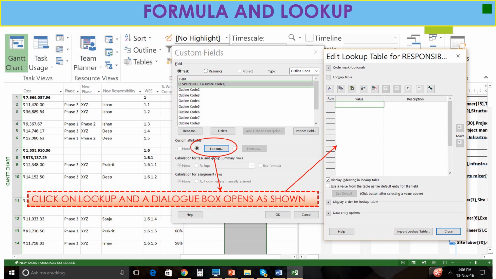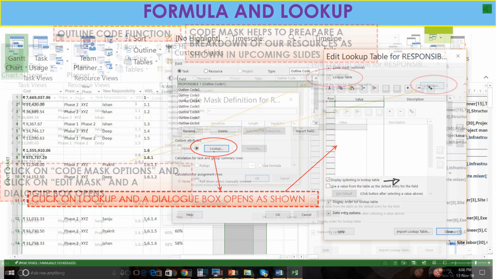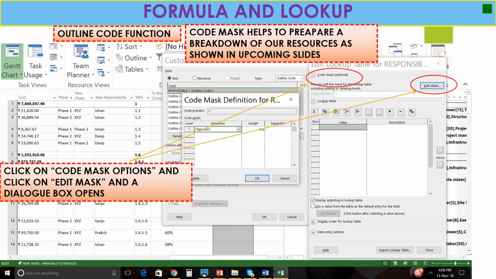Now go to the Lookup tab. This dialog box was already opened earlier. Click on Display Identity in lookup table. Then you have to make some changes, like Code Mask (Optional).